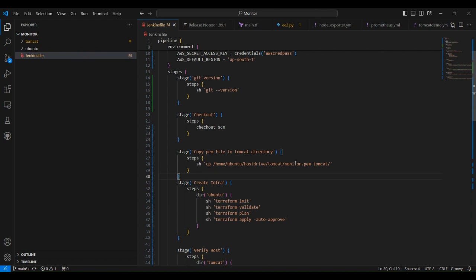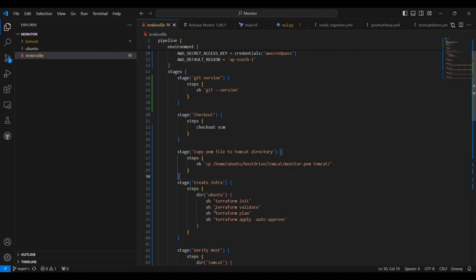So all this process will be done on the Ubuntu machine, my local Ubuntu machine. You can create an AWS machine also, that is also working fine. Anywhere you can create a node and connect. If you do not want to use any node, you want to use a Windows machine as well, that is also fine. But you have to change the sh command to the bat command. But in that case also the Ansible won't work. So either you have to install the Ansible